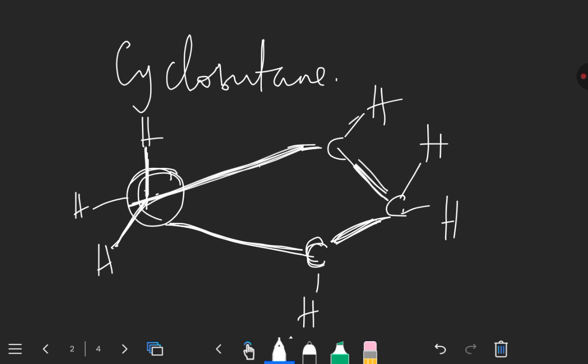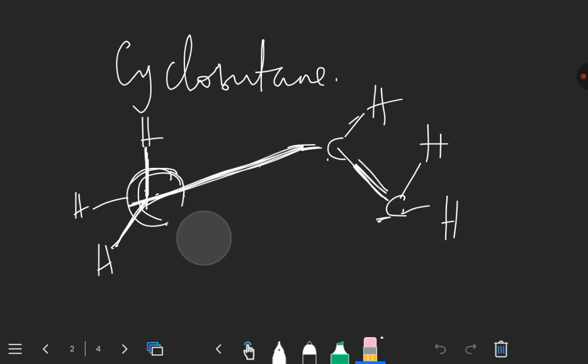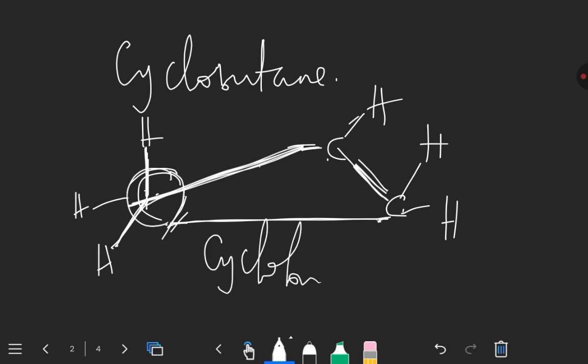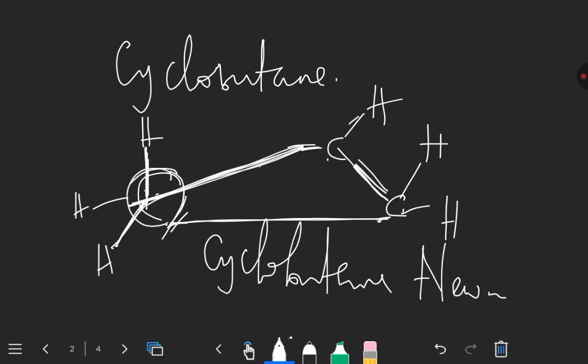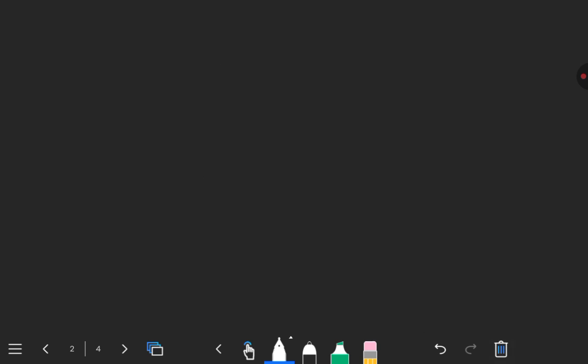Let's count the carbons. 1, 2, 3, 4. Oh, sorry, there shouldn't be any bond here. Cyclobutane should have just 4 bonds. So just like that. So this is cyclobutane. So that's how you come up with a Newman projection. This is a Newman projection for cyclobutane. Then when you're looking at cyclopentane,